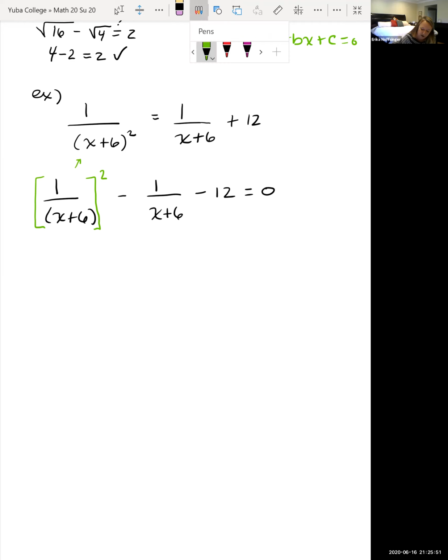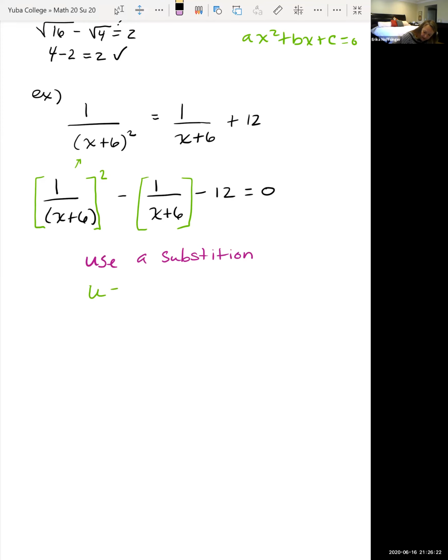So this is where we use a substitution. I tend to call it U substitution because that's what you use in calculus and the letter. But we want to use a substitution. And so also I noticed that if you had chosen that substitution, you can call whatever variable you want, I'm going to call it U. If we choose U to be this fraction 1 over x plus 6,